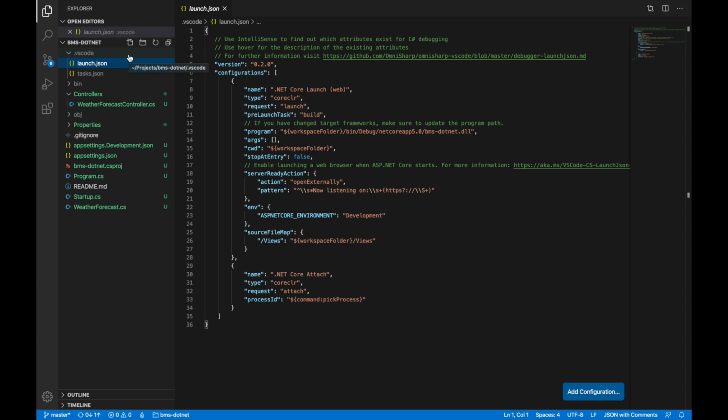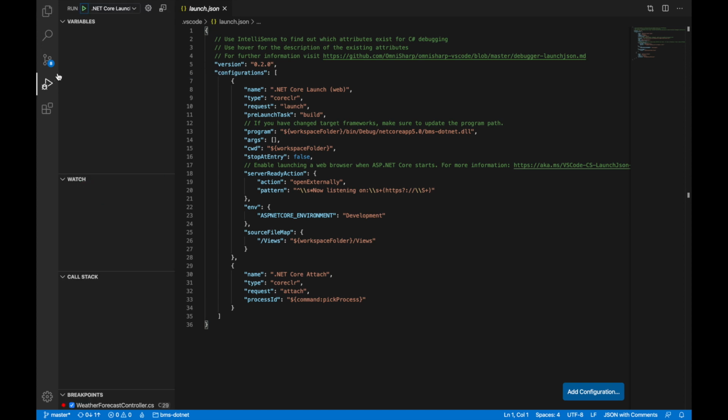This folder is created if you have the C# extension installed. If it is not created, just go over to the debugger tab, and you will see an option like create a file, and you can provide the settings, which will be like this.